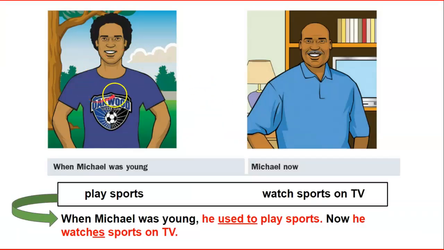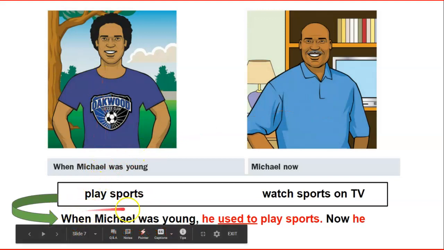So we have a picture of this handsome young man, and that's in the past. And then we have Michael now. In this picture, you'll see the heading play sports, and that's in the past. Now we see Michael now, he watches sports on TV. So the sentence that we can make,